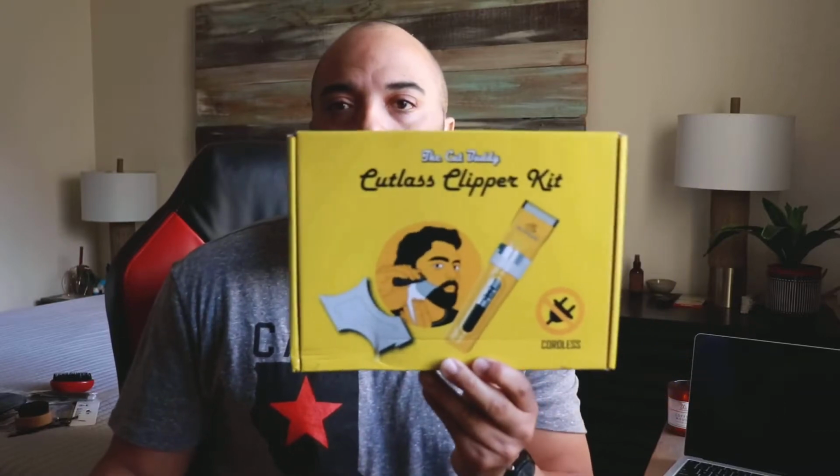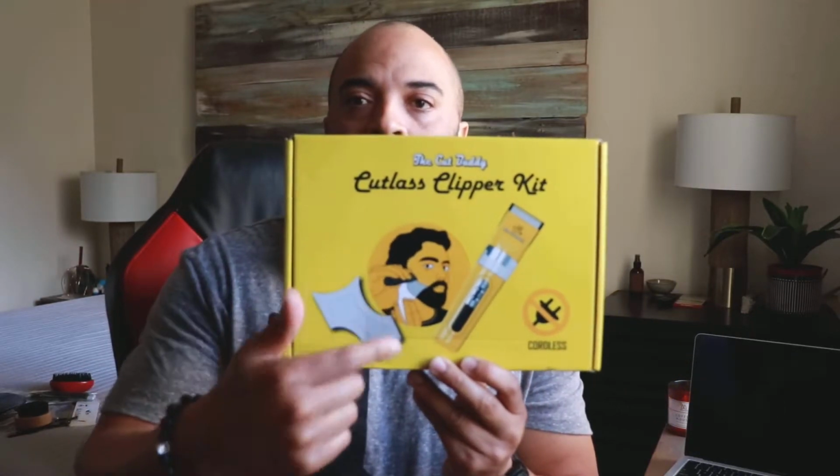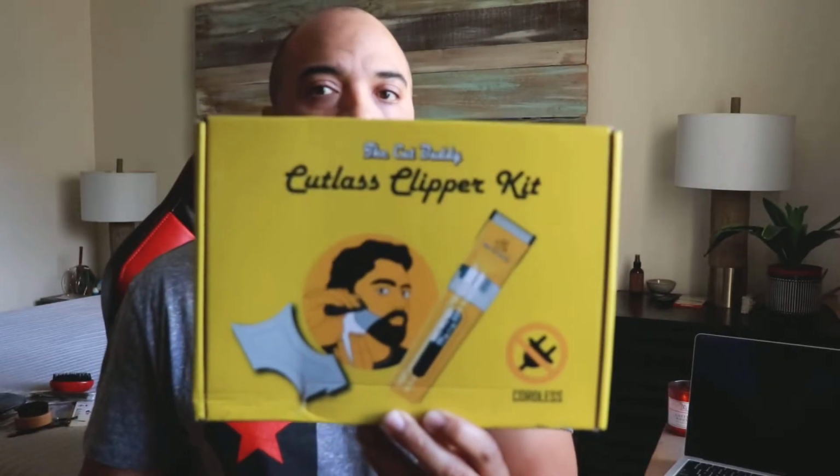They just came on this journey trying to get their beard in order. This is the perfect thing you want to grab for $65. All right, guys, now we have the Cut Buddy Cutlass Clipper Kit, coreless. Not sure who was that on there, but as you guys can see, this is a cool little clipper that's